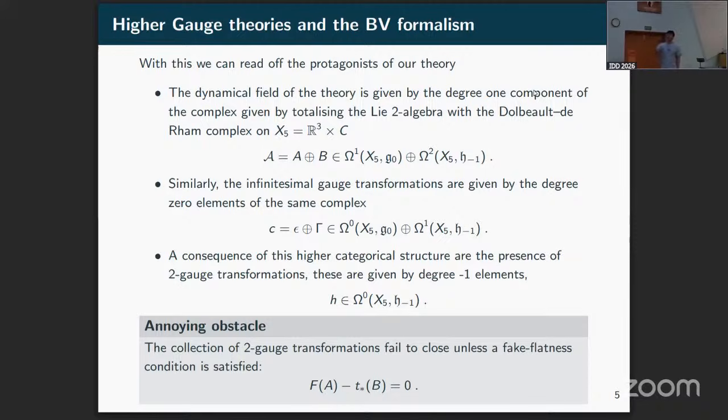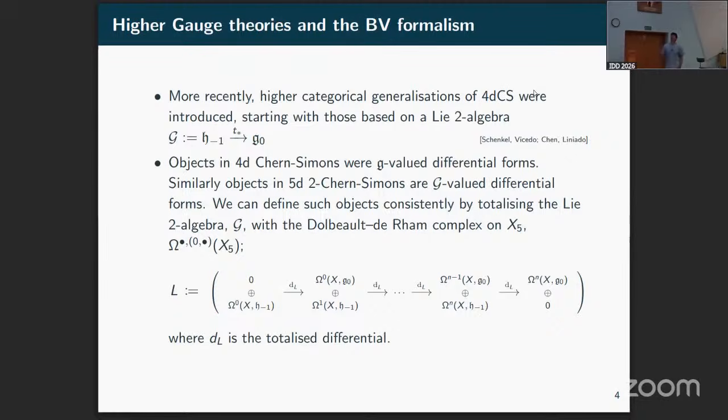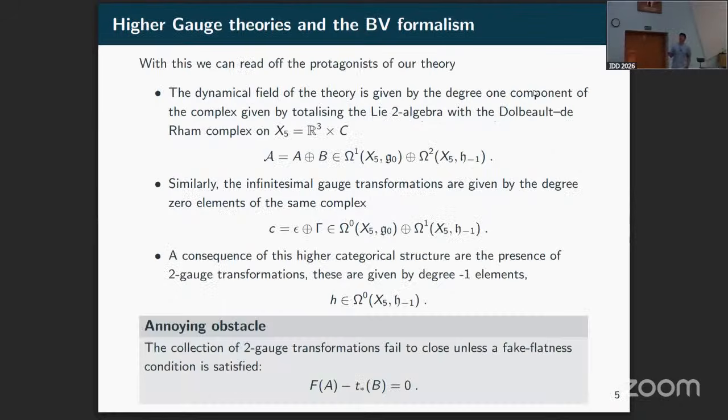And then again, if you're looking back here, we have this little end here, and this is going to be our degree -1 elements, and these are going to form 2 gauge transformations. But G is a Lie algebra, T also a Lie algebra, and H -1 is a Lie algebra. Sure, yeah. And H -1 lives inside G. It doesn't necessarily have to. So for instance, we could have